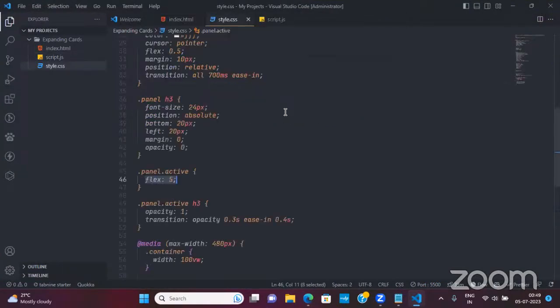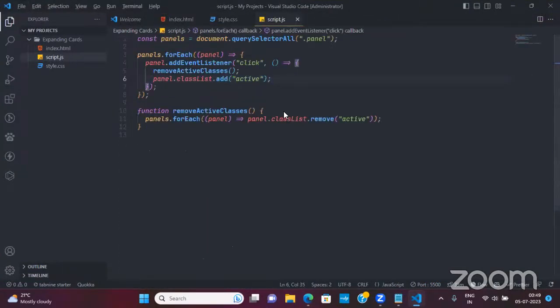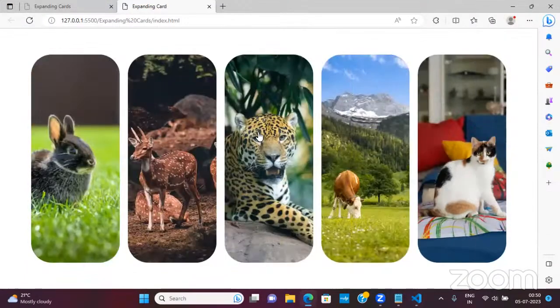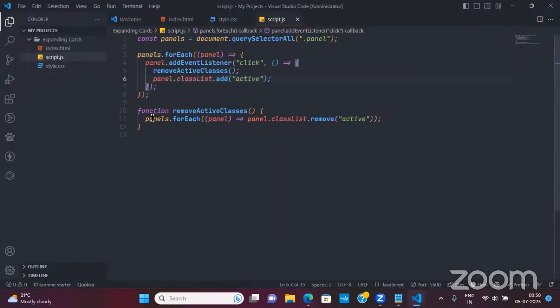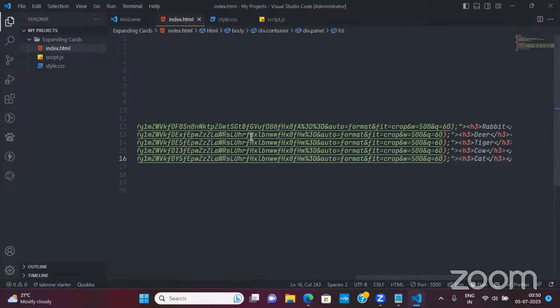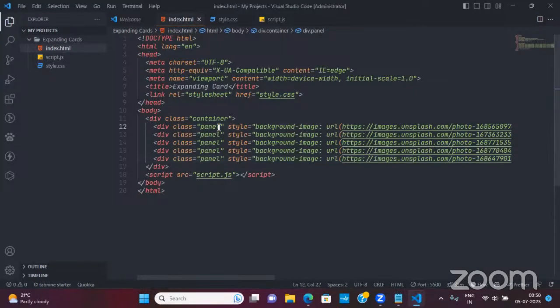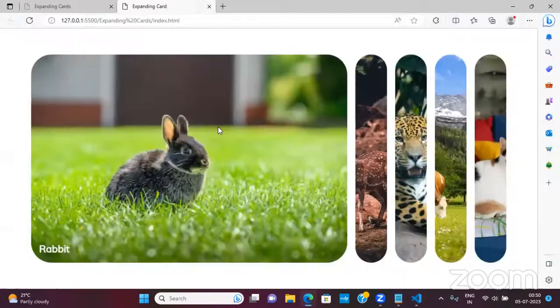And now one thing I will try to do: if you refresh this page, you can see it comes back to the original size. I want that whenever this page loads, one image, like the top left image, should always be expanded. So to achieve this, I just add class 2 to the first div. Okay, so if I refresh it, you can see the first image is